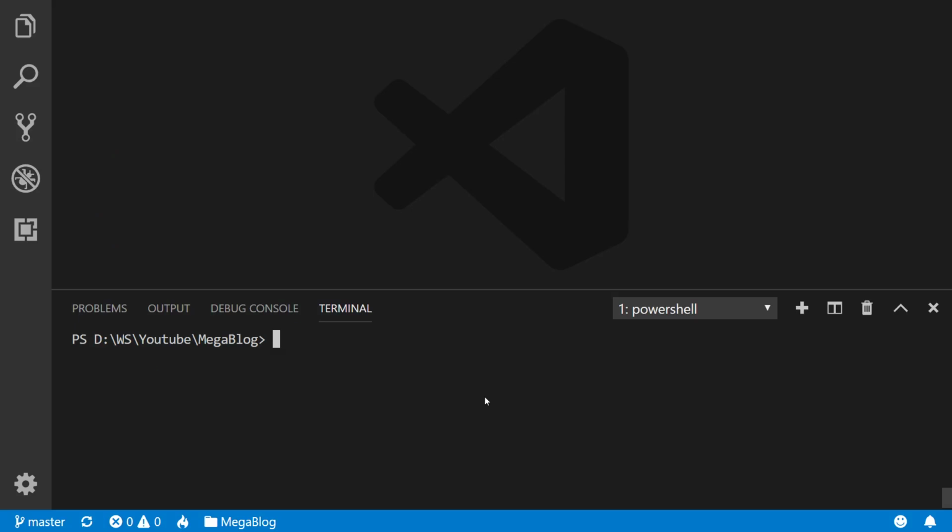So here I am in my Megablog folder. This is where I'm going to set up my initial project for the Vue blog. So I'm going to go ahead and say dotnet new web. This is going to be a blank project, and it's always good to start from the beginning to refresh